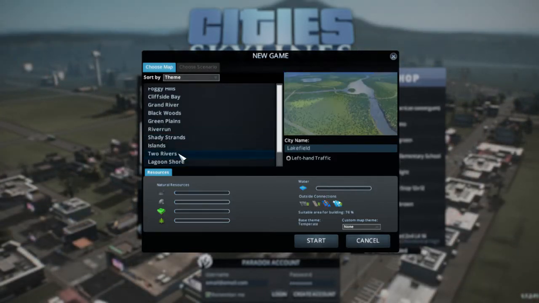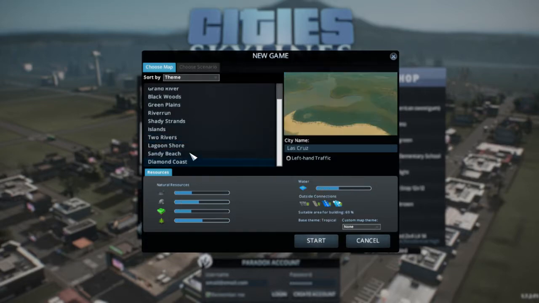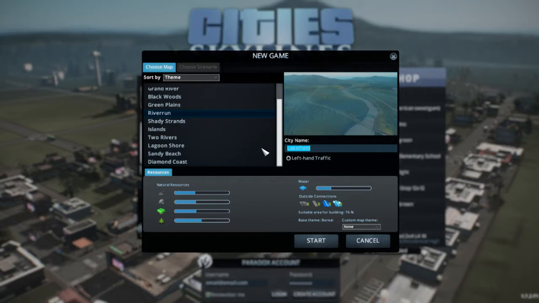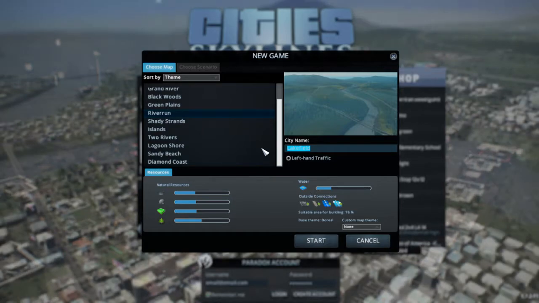But let's try. Actually, I like that one. Two Rivers looks very, very nice, but I think that's actually what I'm gonna do. There are no ships, so that might pose a problem. So I may actually want to get something that does have ships. Let's try, we'll just do River Run, and we will name this something special for the stream. We'll name it